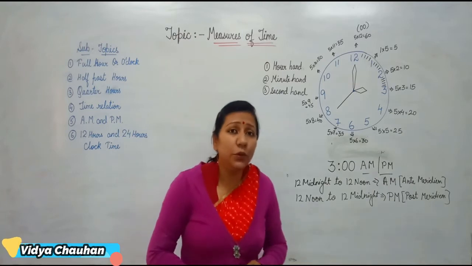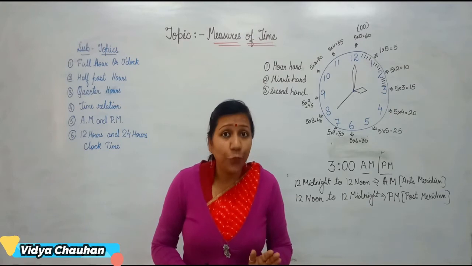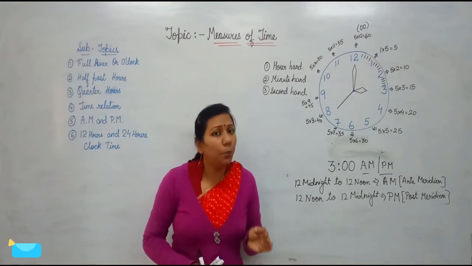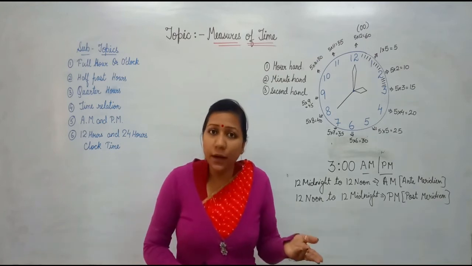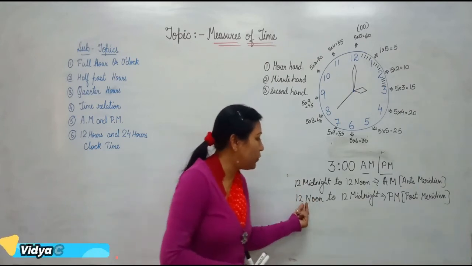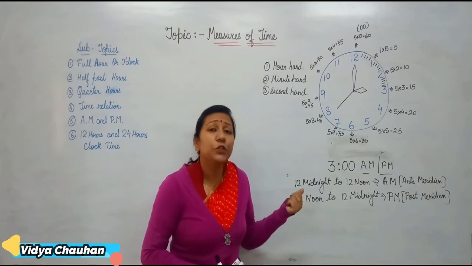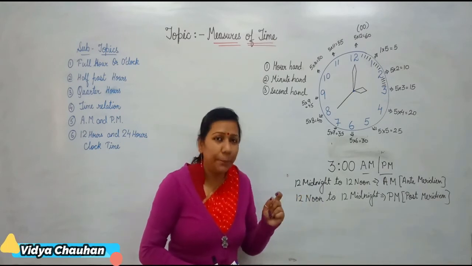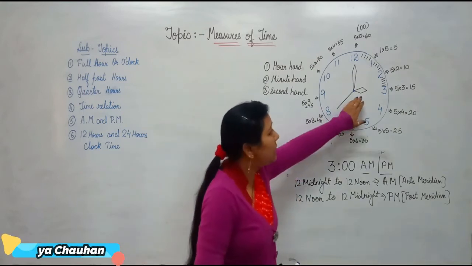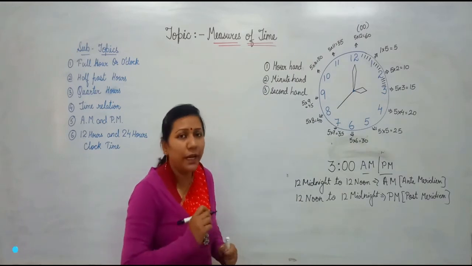So that's why whenever we are saying what time you wake up, it is 7 AM or 6 AM, because this is the time when you wake up in the morning. What time you take dinner? The dinner you take at night. And because it is the time between 12 noon to 12 midnight, suppose you are taking your dinner at 9, that will become 9 PM. Clear, students? So this is how you put AM and PM. And this is the concept of a clock, how we watch time and how we write time.